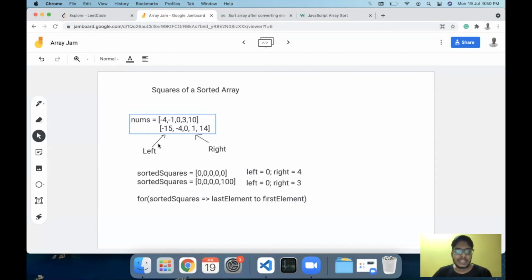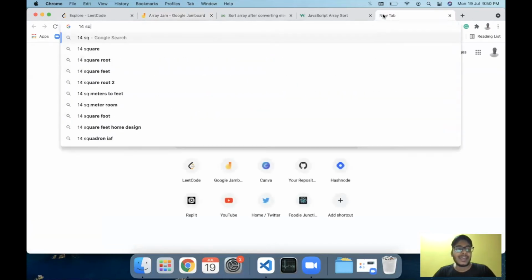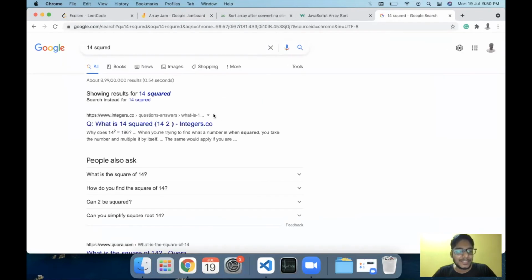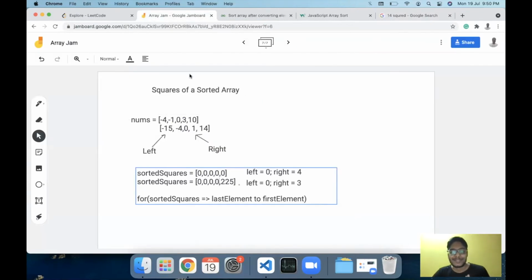Then we increment the left pointer by 1, and we check minus 4 with 14. In this case, we know that 14's absolute value is greater, so its squared value will be greater. So we can push the square of 14 next. If I push 225 here, then I can take the square of 14 and push it here. I hope that is 96. I have forgotten basic maths. Let me just check. Yeah, it's 196. Okay, good, I'm set.